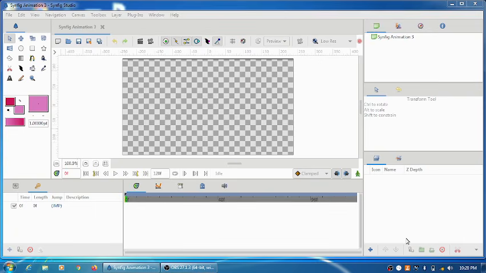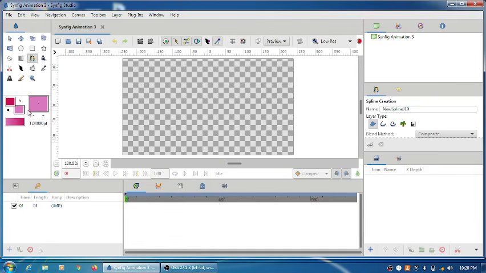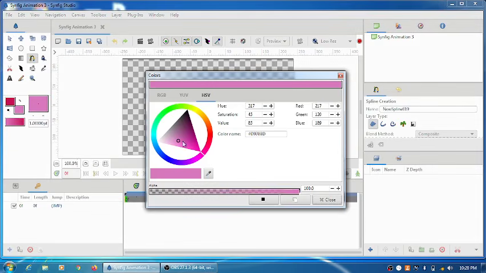So let's start. For that, first of all, I'm going to create the stem with the help of the spline tool, and let me just change the color.